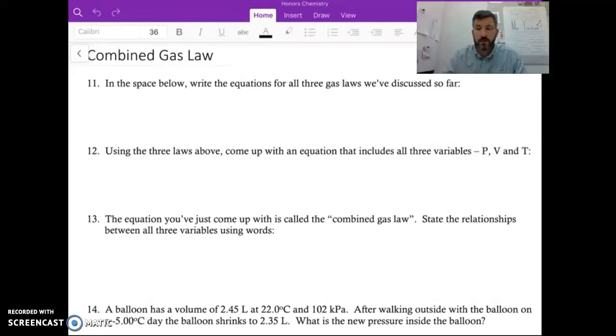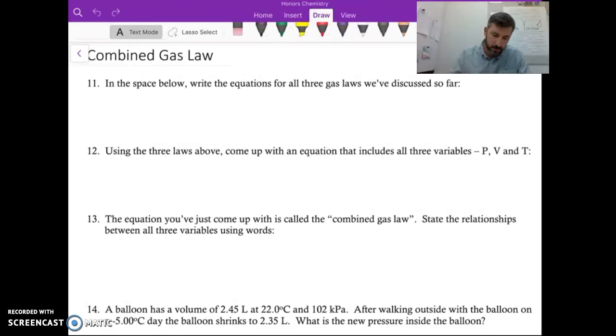Okay, so we're going to start off by talking about the combined gas law, which, if you look at the worksheet that you got in class last time, 11 through 14 deals with this law. So 11 is just asking you to write out the equations that we've looked at so far. And I don't care if you write them in terms of K or in terms of the ones and twos, but for example, Boyle's law says that P times V equals K,